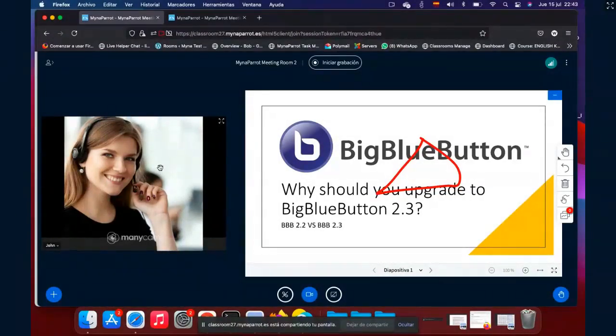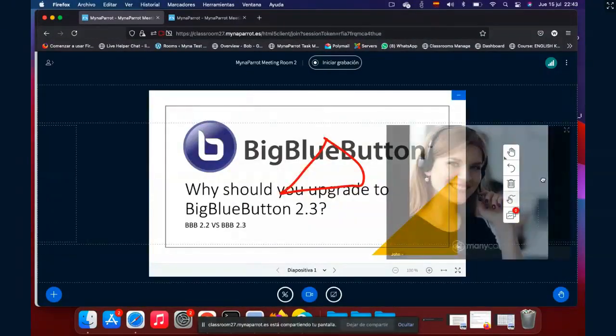I think this is a really advanced design. It looks really nice, like you are on a talk show or live streaming. It's quite popular. And of course, apart from here, you can also put the camera here.